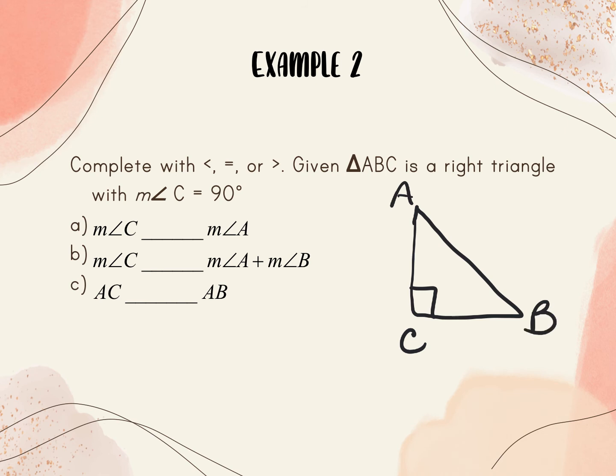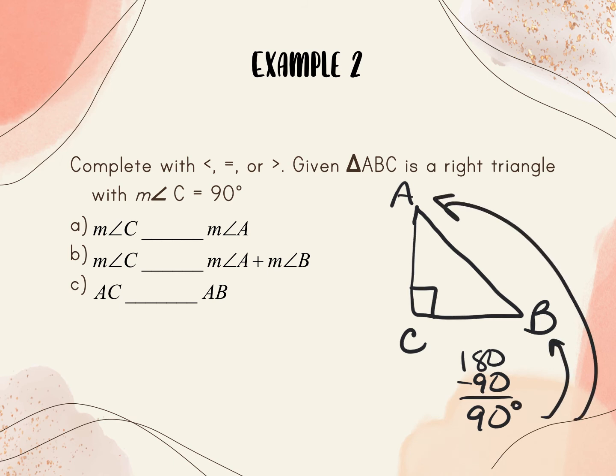So if you use your triangle sum, and you know you already have a right angle, and you subtract it, that's leaving you 90 degrees left over for A and B together. We learned a corollary a while back that stated that the two acute angles of a right triangle are always complementary. So always remember that the biggest side of a right triangle is always going to be that side opposite